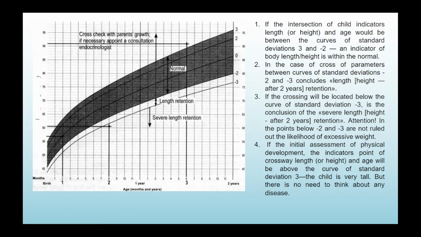Attention: at points below -2 and -3, the likelihood of excessive weight is not ruled out. If the crossing point of weight or height and age is above the curves of standard deviation,